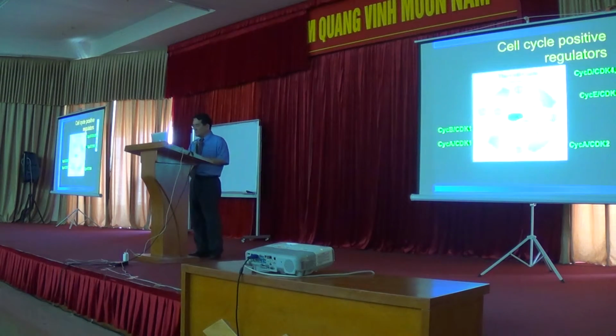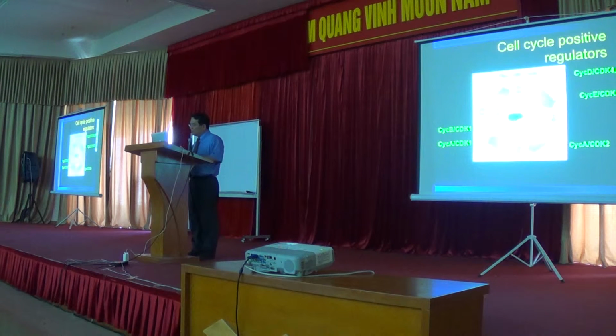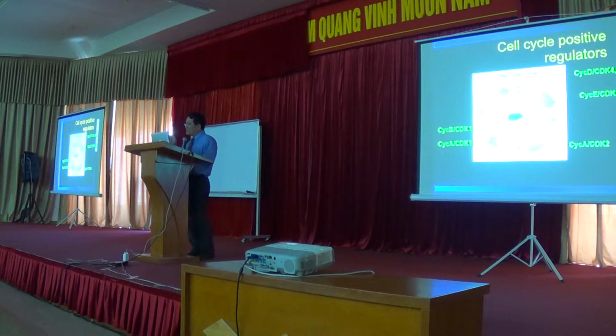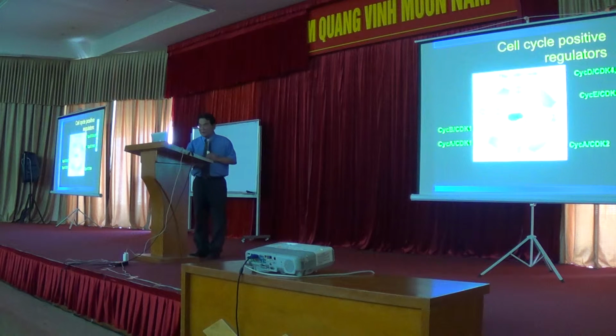As we talk about the cell cycle, we talk about positive regulators, which include cyclin and CDK, okay? And we already talked about the cell cycle's different phases, the G1, S, G2, and M phase. The M phase is very delicately controlled because during that period of time, M phase allows the one original parental cell to become two daughter cells. And the chromosomes have to be equally distributed into the two daughter cells. And so that period of time is very critical.